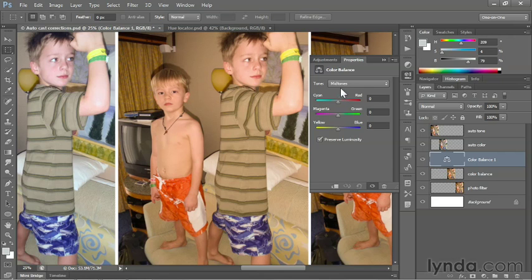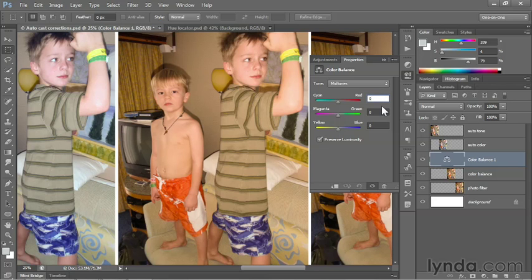So you don't ever want to add a color. You don't want to think, gee whiz, I need more cyan in this image. Rather, you want to think in terms of the color you want to remove. I want to remove red, so I want to send this slider toward cyan. And as opposed to dragging the sliders, which you can, I think the easier way to use this command is